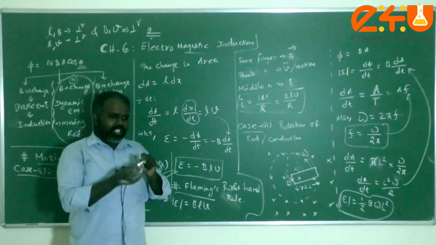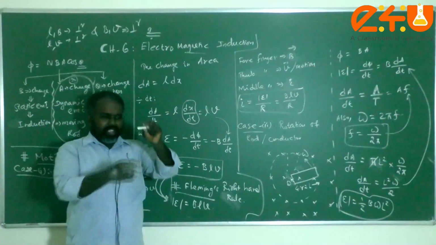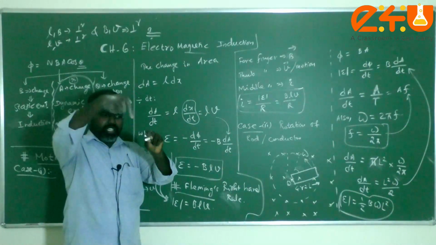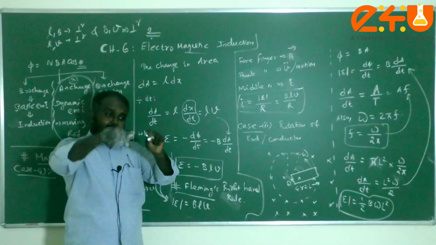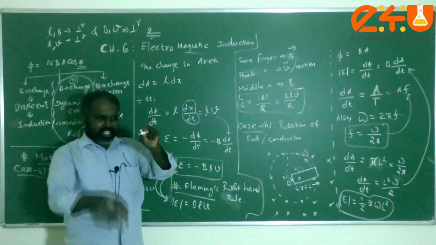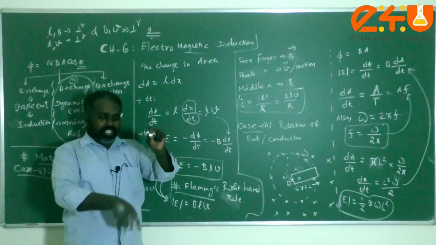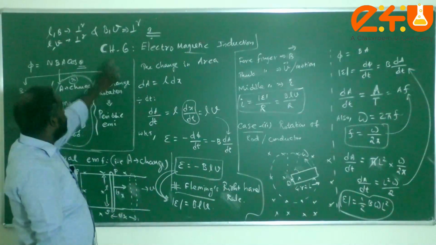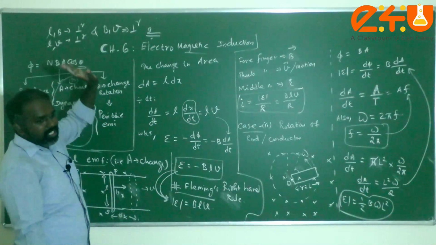But what about the vertical component, sir? When you consider the vertical component, this is the L and this is the vertical component. L and B may be perpendicular, but you see that this is the velocity direction and this is the B vector direction. That is, B and V are not perpendicular. So this condition is not valid.